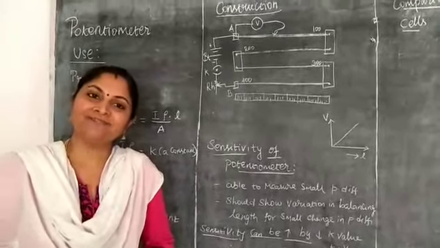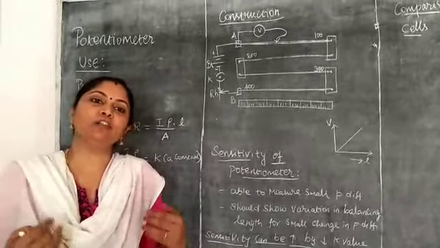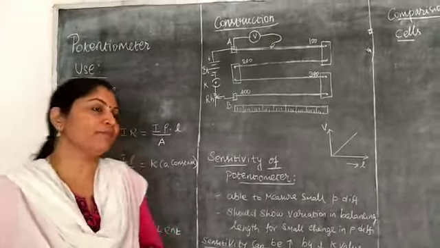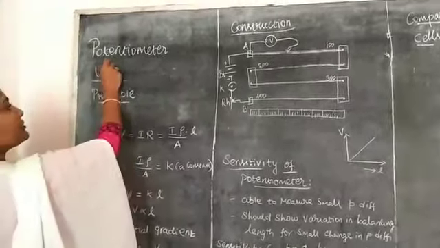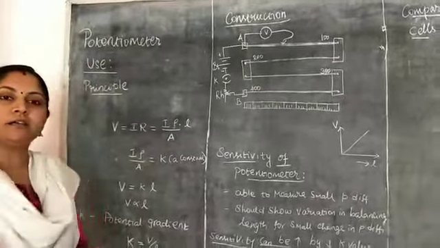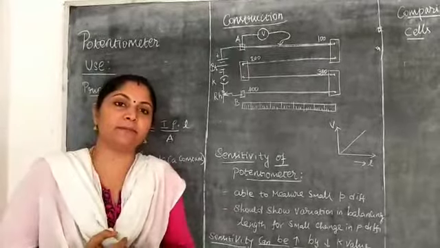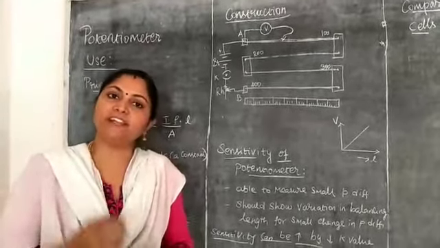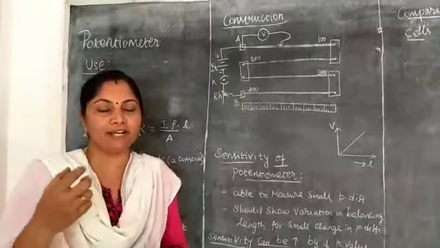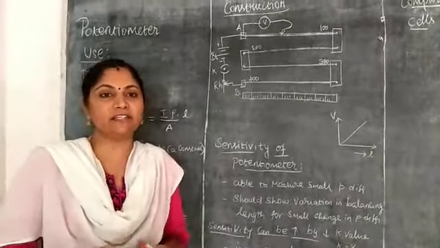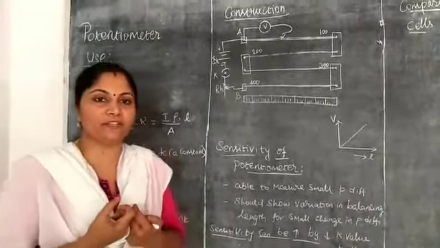Good morning. Today we will discuss the last topic of chapter 3, that is potentiometer. See here, potentiometer. Wheatstone bridge we saw, no? That is the basic principle of potentiometer. In order to measure certain values, I will tell you what is the use of this device, as well as what is the principle of this device.